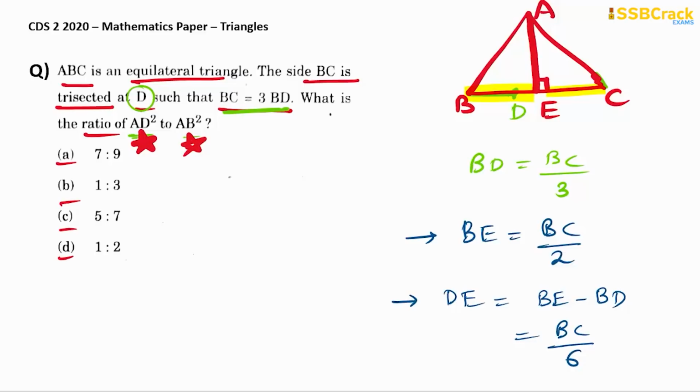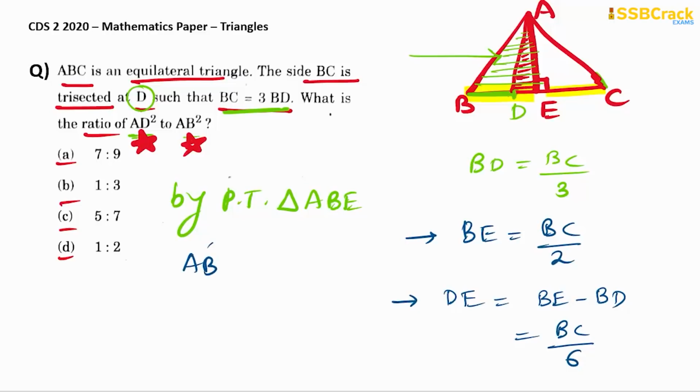So right, we will of course be connecting this point D to A. Okay, so we have to consider this right triangle with the hypotenuse AD, and we have to consider the bigger right triangle with the hypotenuse AB. We are only bothered with these 2 right triangles so that we relate AD square to AB square. So first of all, by Pythagoras theorem in the triangle ABE I will write. We have the hypotenuse AB square equal to what? It's AE square plus BE square. So this I will say equation 1.